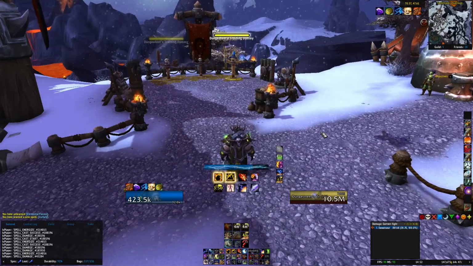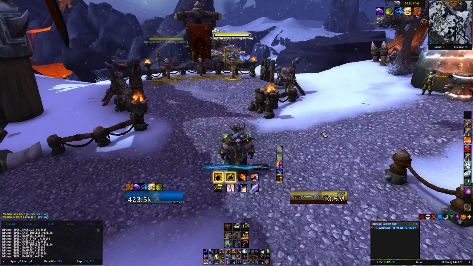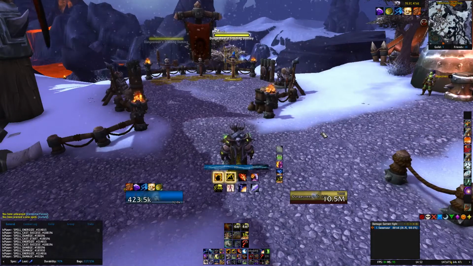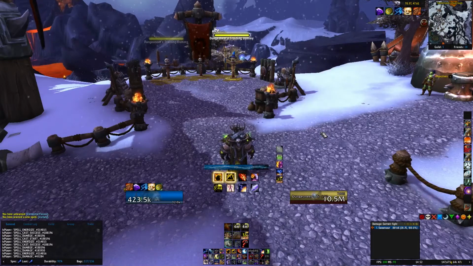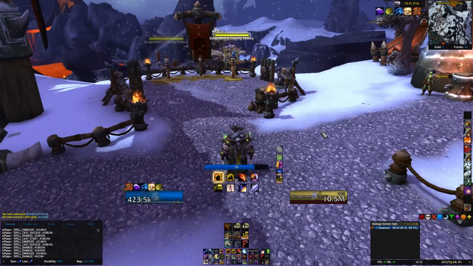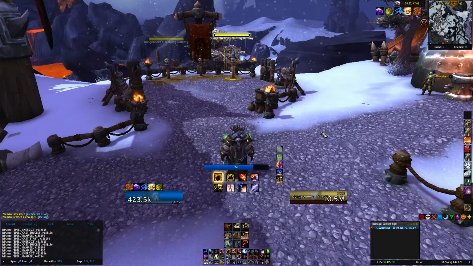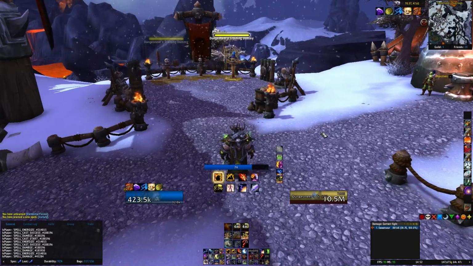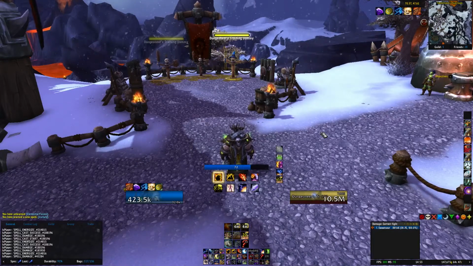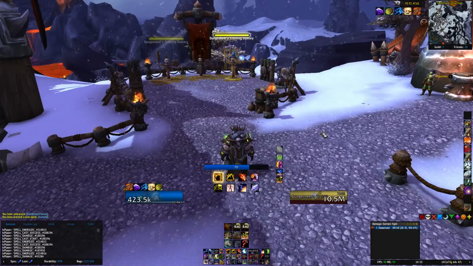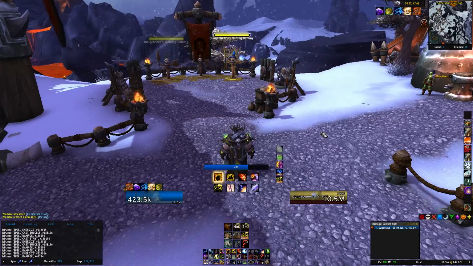So now for doing enhancement and resto, it's just a matter of copy and pasting code. So there's really no more trying to figure out how to code things and get them to work. And so it's a bit of a time crunch because I'm trying to get this out before Legion. I think I can do it, but I'm really excited to get you guys this because updating it alone is